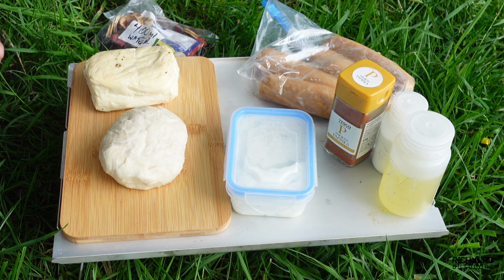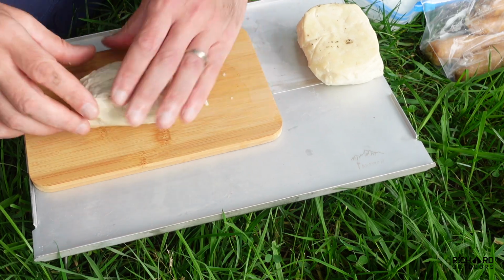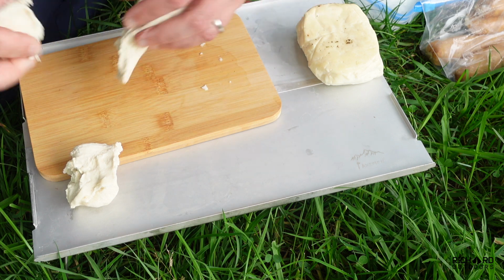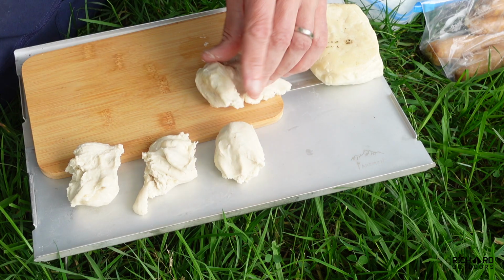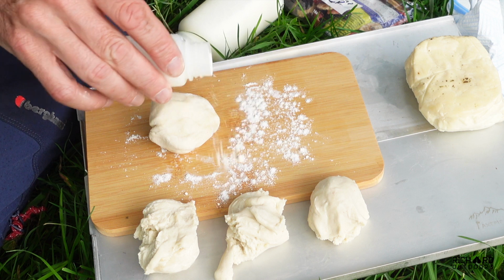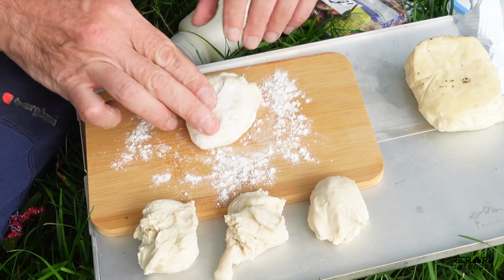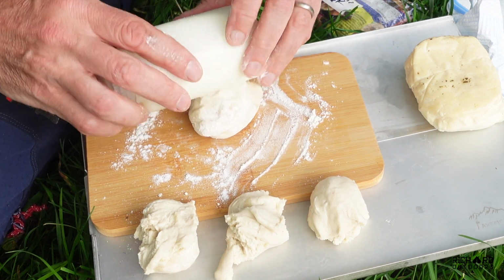So let's get to work on this flatbread mixture here. I want to make 4 little mini flatbreads, so I'll split this up now into 4 equalish little balls. Good enough. So there's one of the balls. I just want to give this a bit of a dusting, and use my rolling pin here with a bit of flour on it,